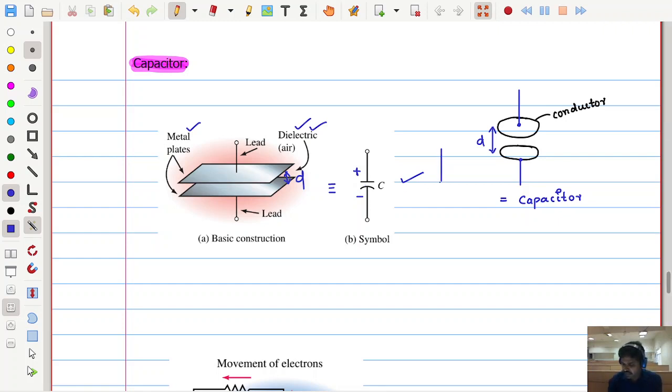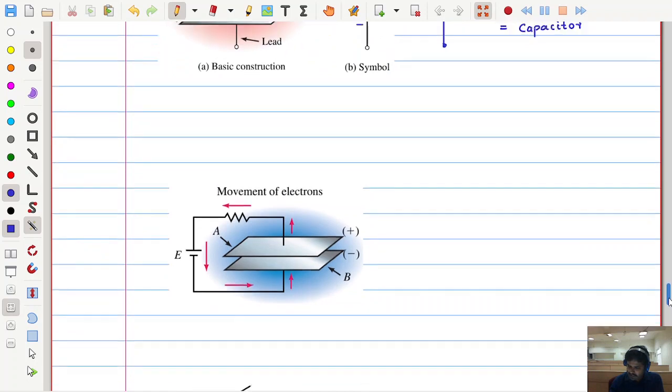If you see the capacitor symbol with both as straight lines, this means it is non-polarized. It means we don't know which is the plus and which is the minus. Even the upper side plate can be positive or the lower side plate can be positive, not simultaneously. If one is positive, the other is negative. So we can connect the capacitor terminals in whichever way we want. Clear? So these are the capacitor symbols.